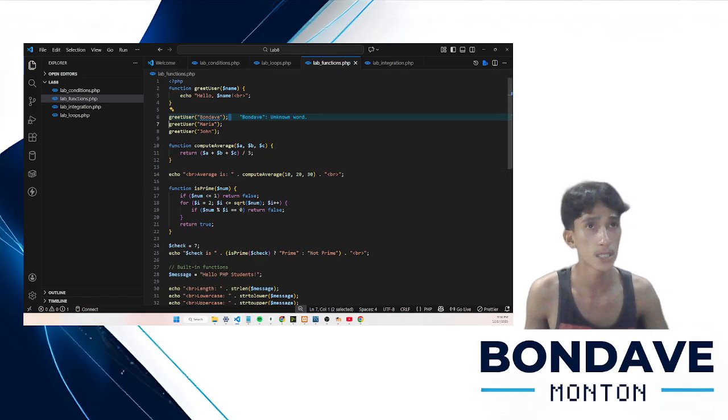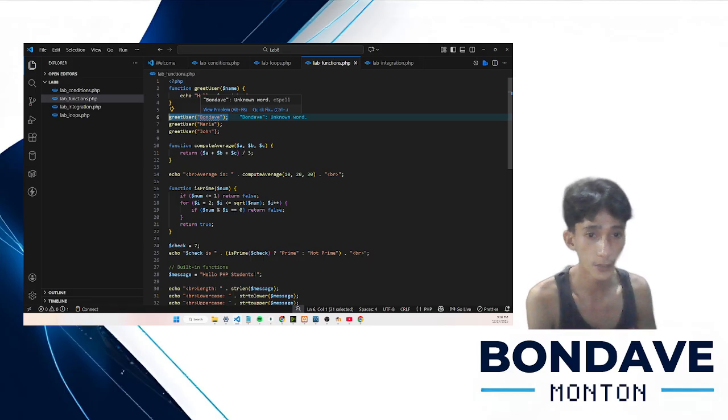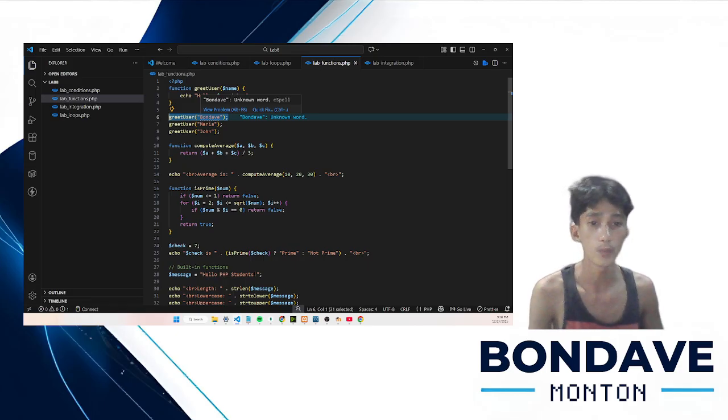First is this right here, the greet user, which is named Bonder. This function accepts a parameter called name. Every time we call this function, it prints a greeting using the name provided, which is Bonder.